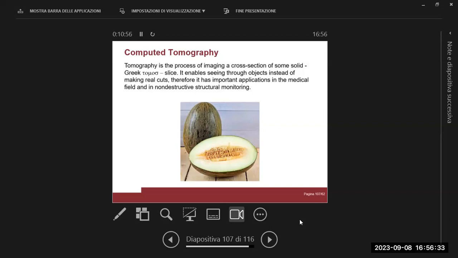sensors. Maybe some of you have had a tomography of your body. Again, you are put into a sort of pipe, and you can hear a machine going around your body, and it does that in slices at space intervals for all the length of your body. And this is a technique which, based on the projections, enables reconstructing the inside of the body without actually making cuts. And this is based